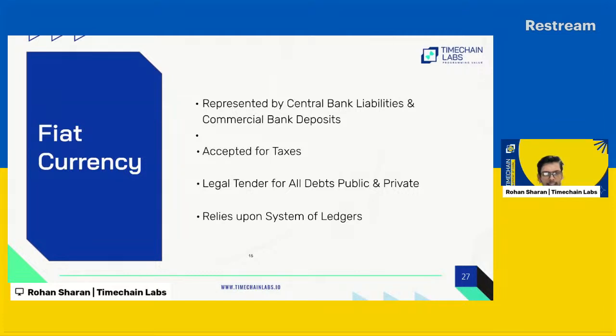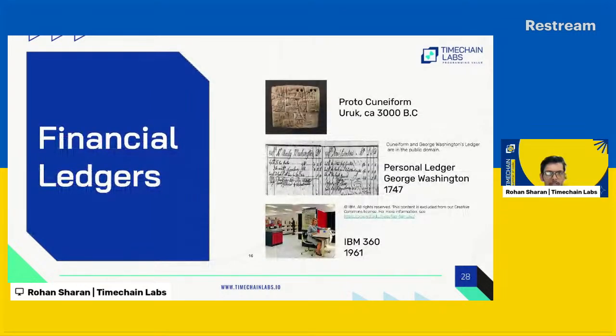Now, that is accepted for taxes as well. It is accepted as legal tender for paying off obligations, as the legal system recognizes that you can pay by this currency and that will be accepted. So that's how the entire system works. It relies on a system of ledgers maintained by the central bank and also by the banks. Each bank we currently have an account in is also maintaining its own ledgers, and individual ledgers of ours as well. That's what creates and powers the fiat currency today, which is the background of our economy.